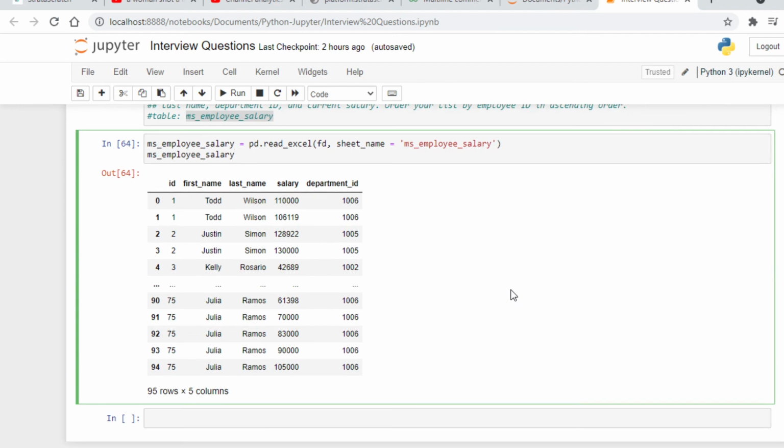So now what we will do here is, we will group by our data. So we will apply group by on ID, first name, last name, and department ID, and then we will find the max salary for each ID.